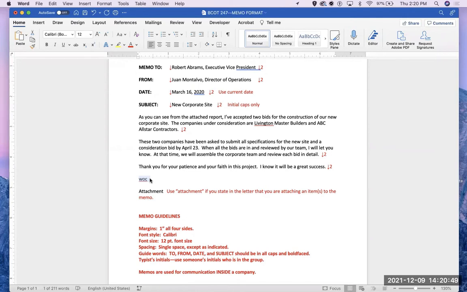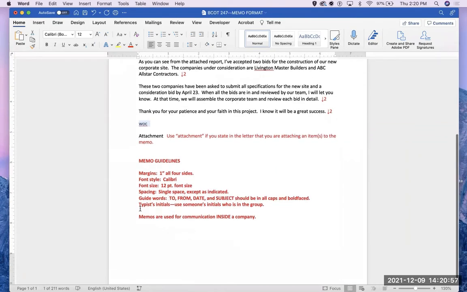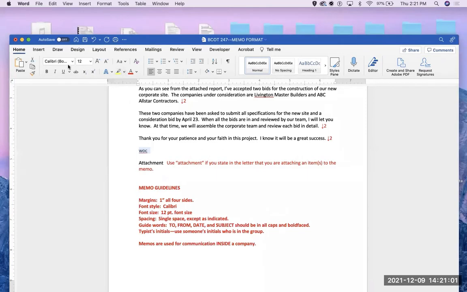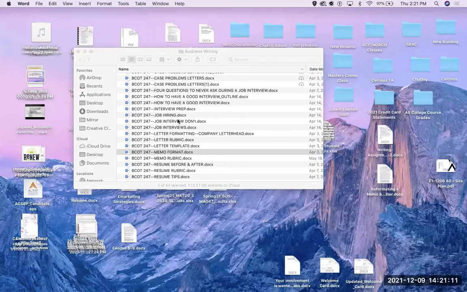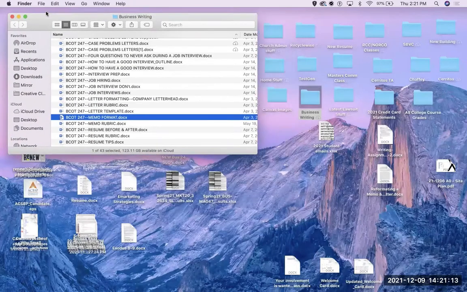And again, it really is all about the title block, the signature block, the margins, and how you format it. So these are some of the guidelines for that. I'm just showing you this to refresh your memory, because hopefully you already remember all this, or you can go back in your homeworks and see how it was formatted. The only other thing left that I want to bring up, and I'm going to stress this highly, is